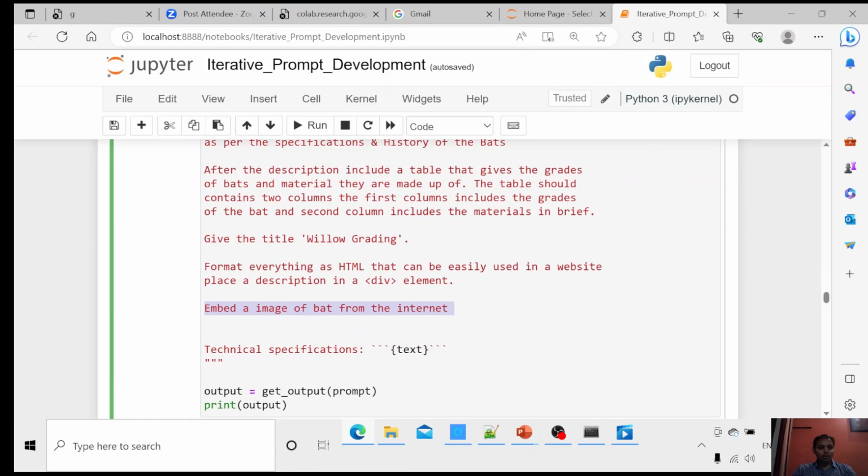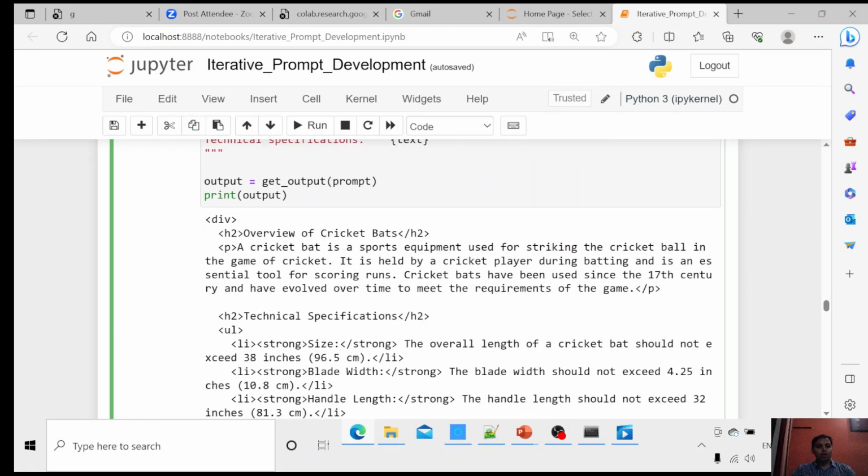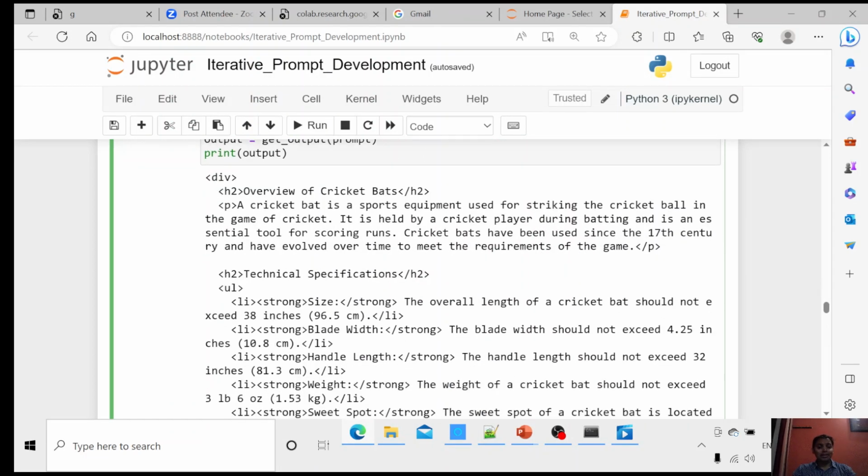Here I'm also asking to embed an image. I just want to check whether these models are able to integrate any kind of image from the internet or not. Although I know the answer, because these are text-based models, they are not able to integrate any images from the internet. So let's start and run our model. And if you see, the model is able to provide us a very good structured format output, which has all the necessary text